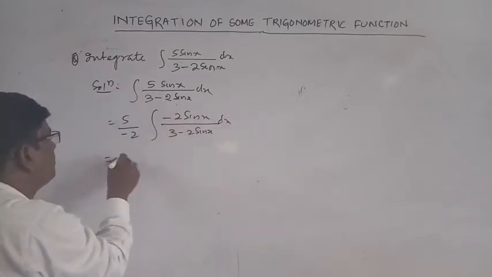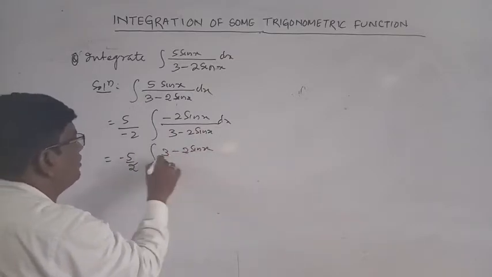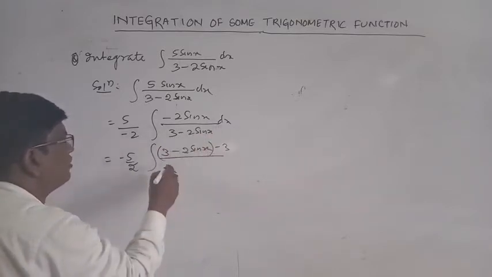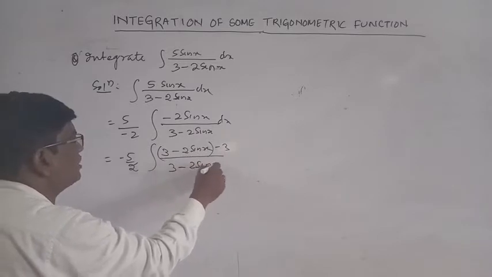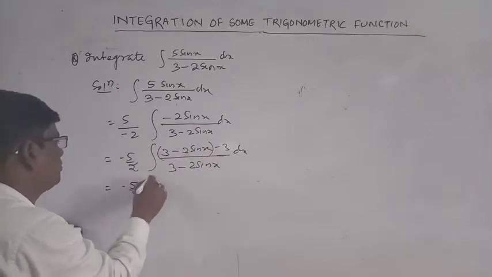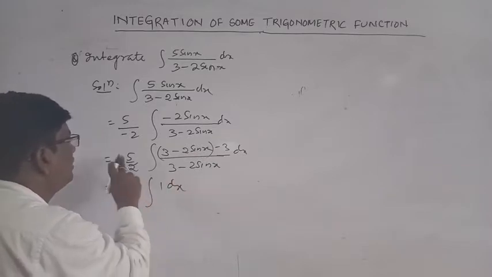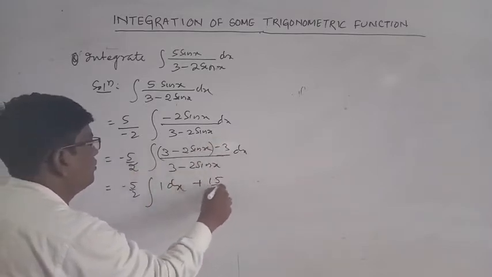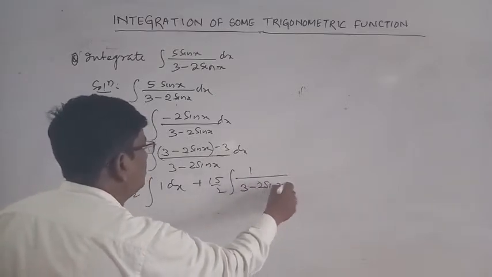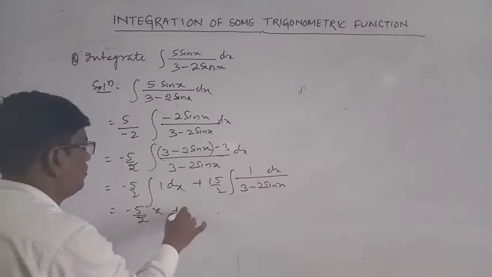So minus 5 by 2, and 3 minus 2 sin x, plus 3 here, minus 3. This is one term, this is another term. So (3 minus 2 sin x) divided by (3 minus 2 sin x) dx. So minus 5 by 2, this by this cancels, 1 dx, and this is 15 by 2 into 1 by 3 minus 2 sin x into dx. So minus 5 by 2 dx means x, plus 15 by 2,